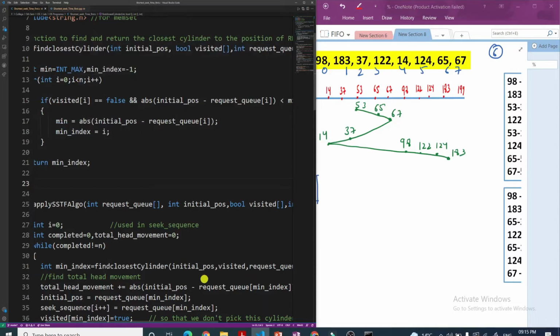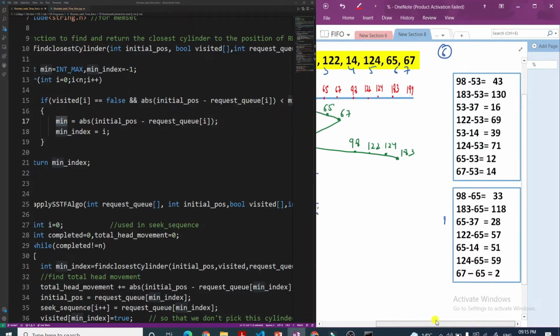Otherwise I will just leave it and go to the next iteration. So in each iteration I have the minimum subtraction, or the minimum distance, in the minimum variable, and minimum index will contain the position of that cylinder which is actually at the nearest position. Initially this min variable will be containing this 43, and your min index will be containing the 0th position.